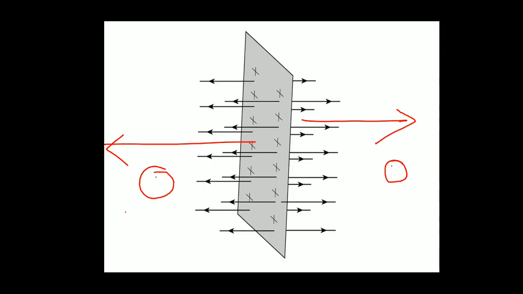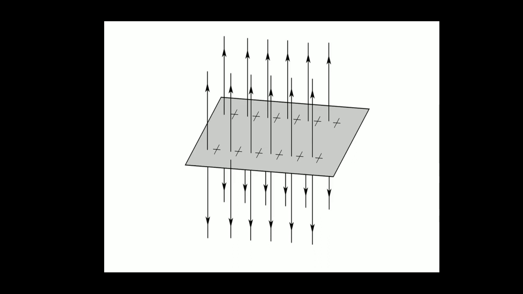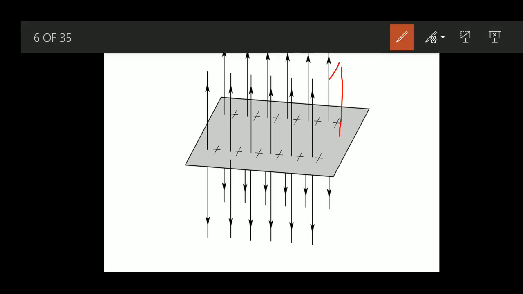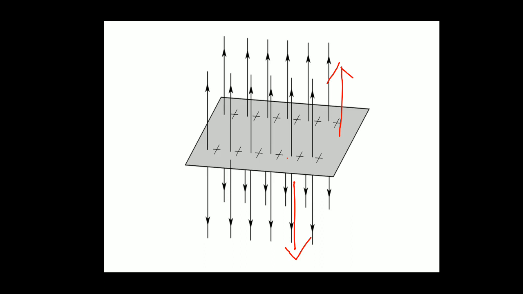Is it necessary that I have to take the sheet like this? I can take the sheet in this way also. Now in a plane, for the positive charge, on the top surface, which direction is the field acting? Can you see? It is acting in the upward direction. And if you see the bottom surface, the field is acting in the downward direction. So depending on the arrangement, the direction of the electric field changes. Are you clear? For this sheet, it has two directions, both the sides. Outward from the positive charge, it is acting.